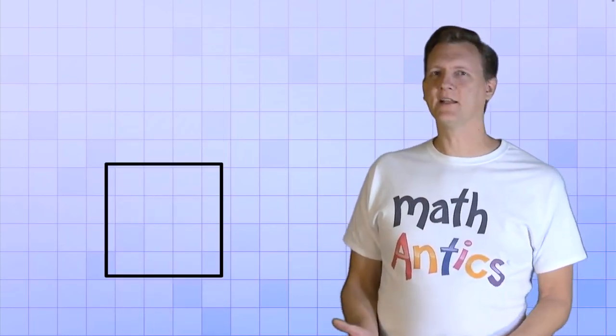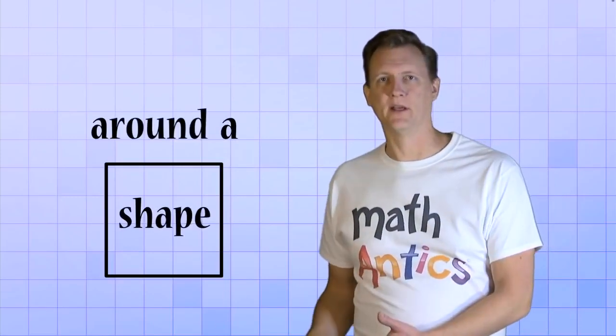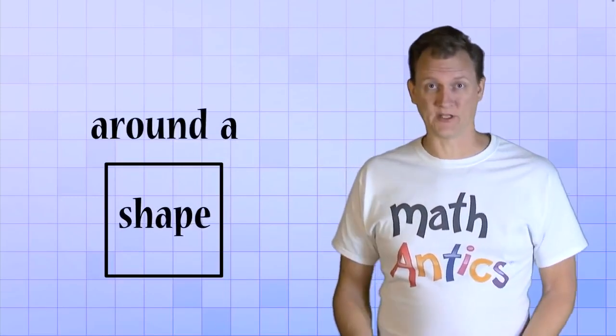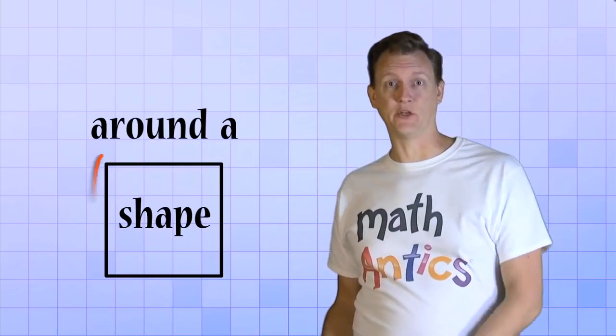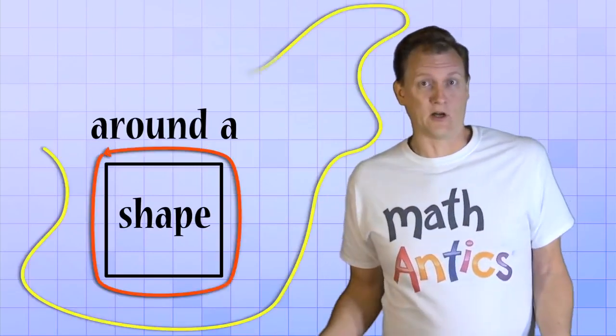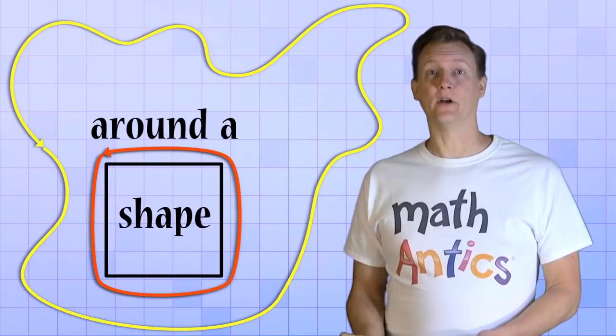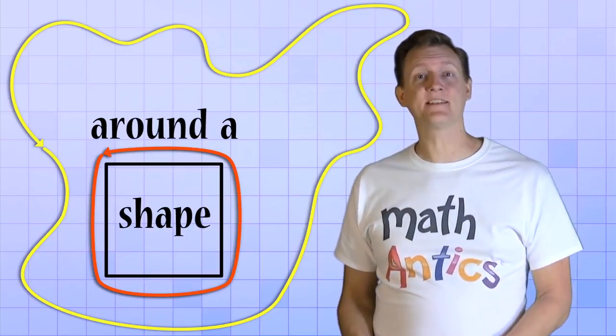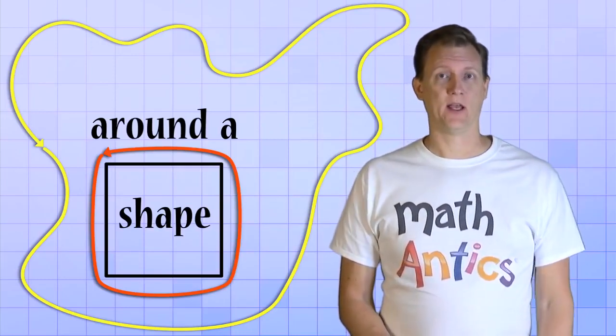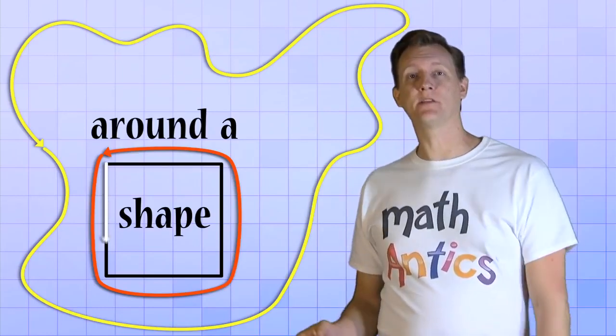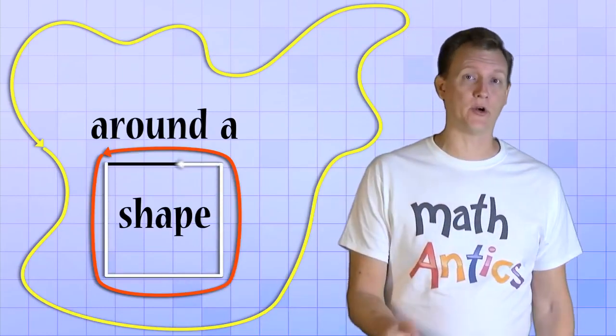Okay, but what exactly do we mean by around a shape? It seems like there would be a lot of different ways to go around a shape. Some of them would be short, and some of them would be very long. Well, perimeter means the absolute shortest distance possible around a shape. That would be the distance you'd get if you trace the path exactly around the border or edge of a